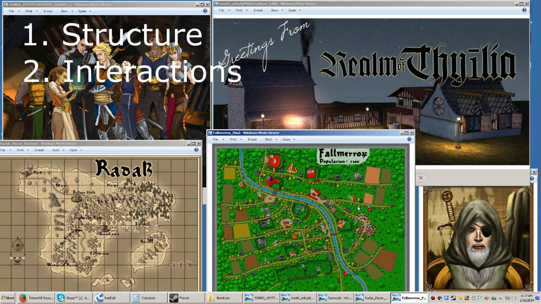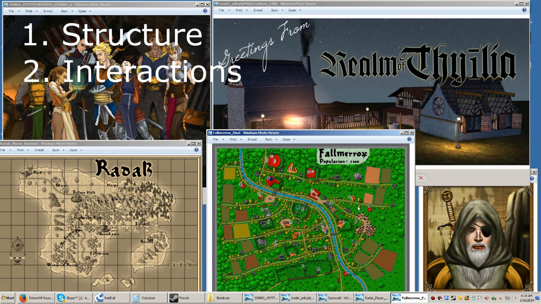By building all of these things first, you're gonna have a lot of things to reference as you're writing your plots and your adventures. You're gonna have things to reference, so then you won't ever have to go back and make sure that things are synced up together, because they will be from the start. So those are the first 2 important things.